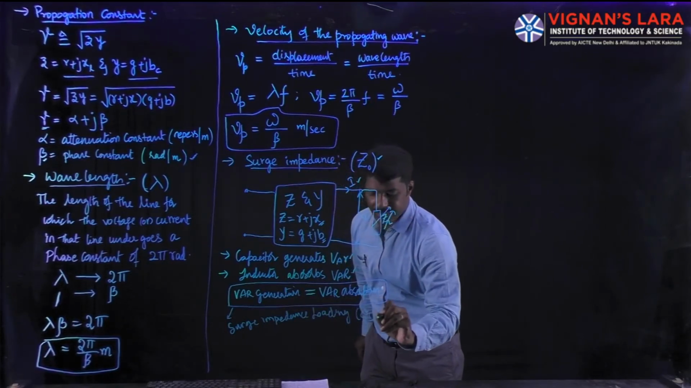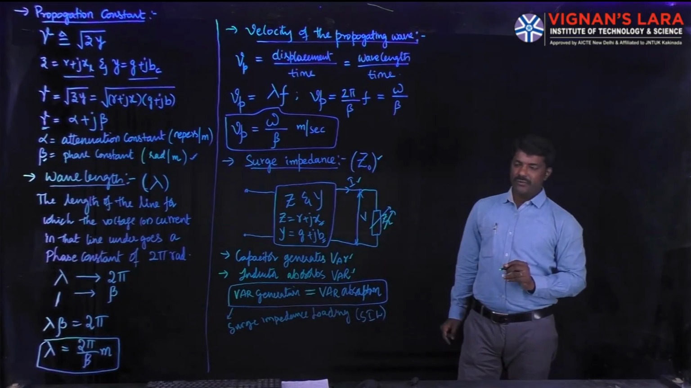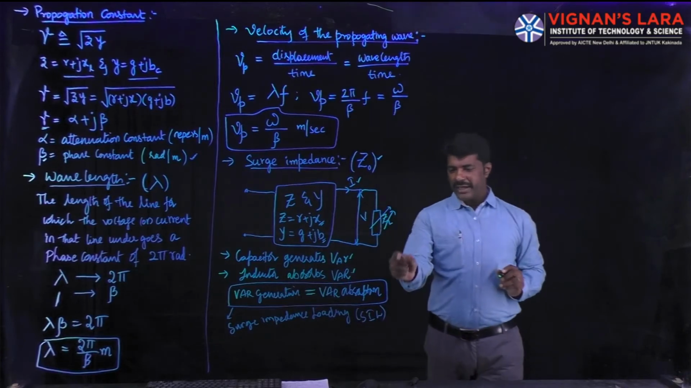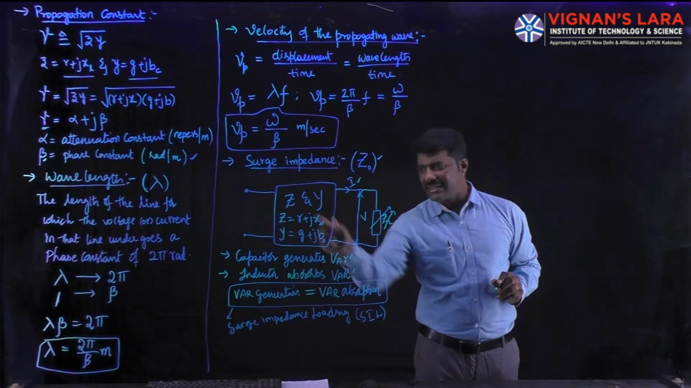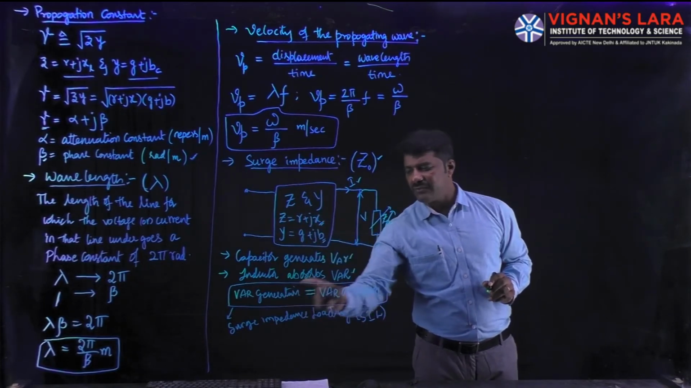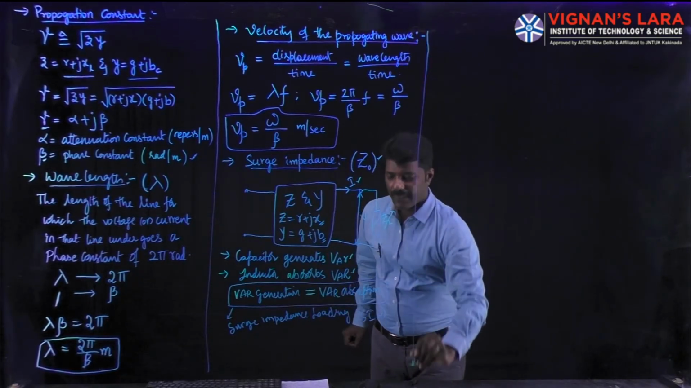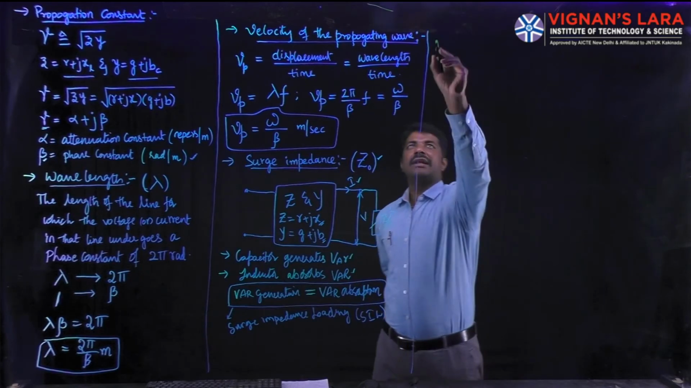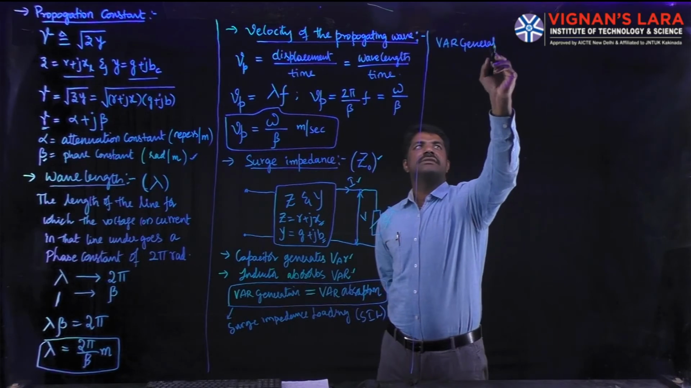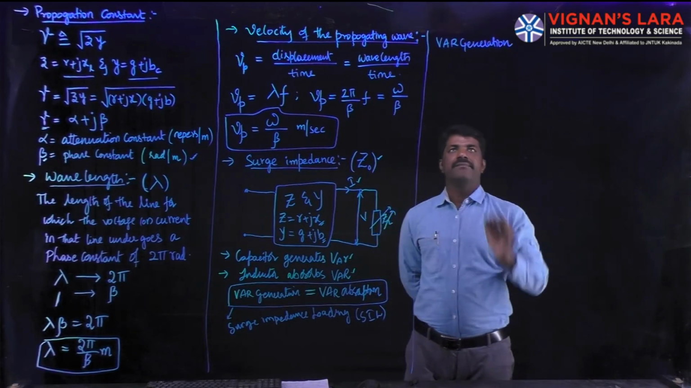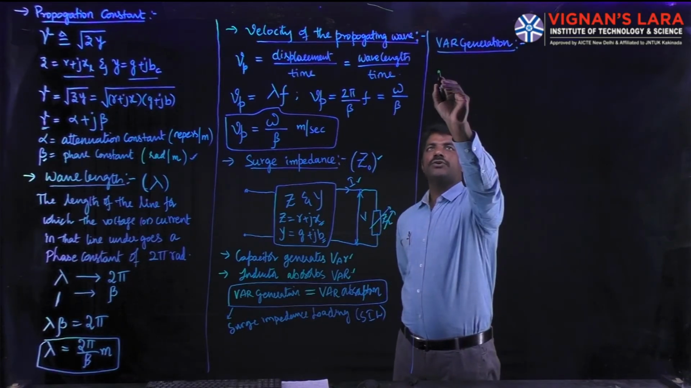SIL. Very important. So, as per the theoretical definition, what is surge impedance loading? This is the amount of the load at which in the transmission line the VAR generation will be equal to VAR absorption. Then what are VAR generation and VAR absorption? Let me see the VAR generation first. The reactive power generated in the transmission line is equal to,